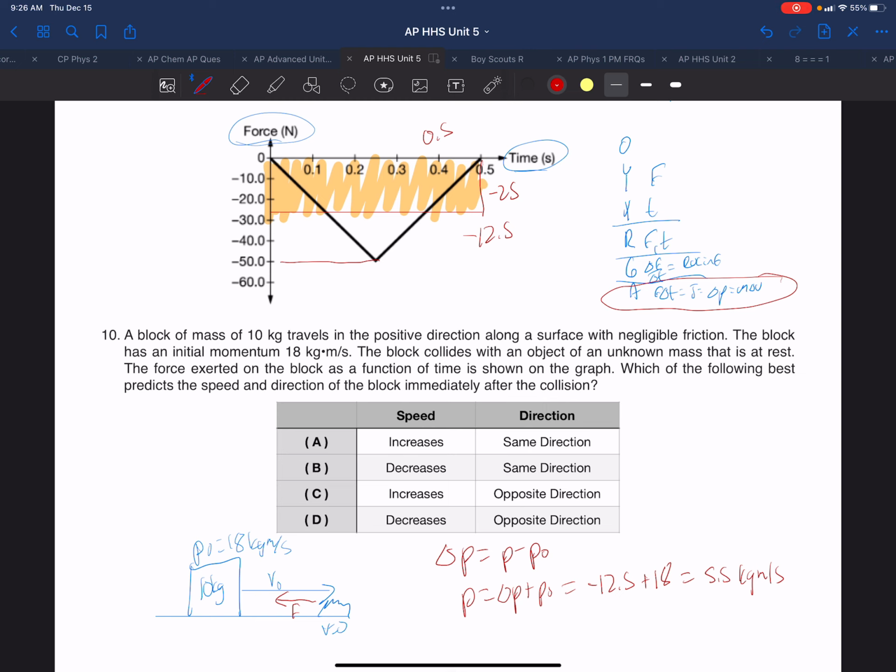So if it had 18 kilogram meters per second and it has 5.5 afterward, it's the same object, same mass, its speed will have decreased. And the direction we can see is the same direction because it's still positive. So we're looking at choice